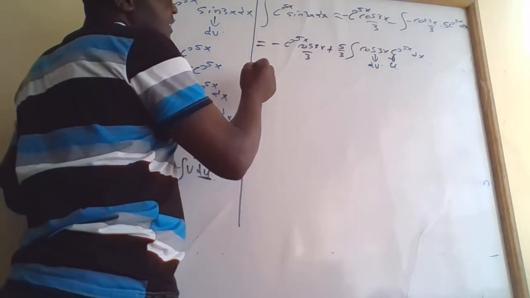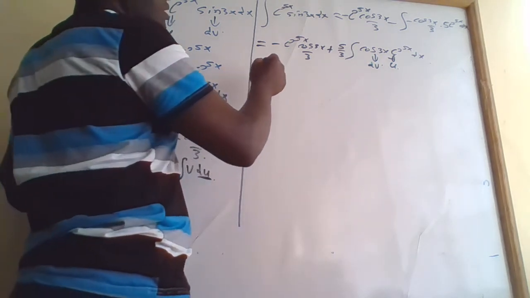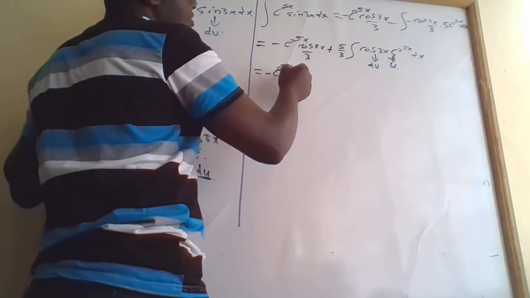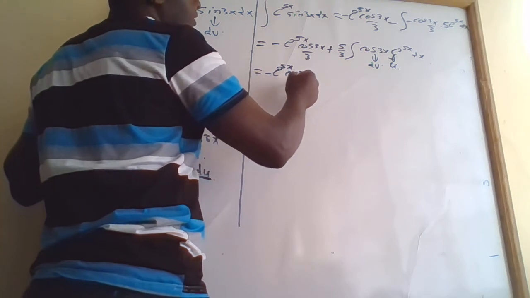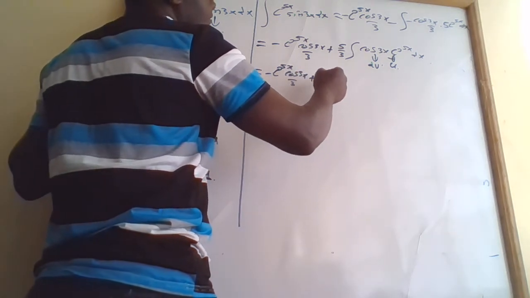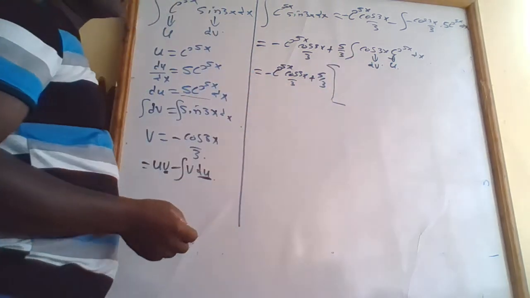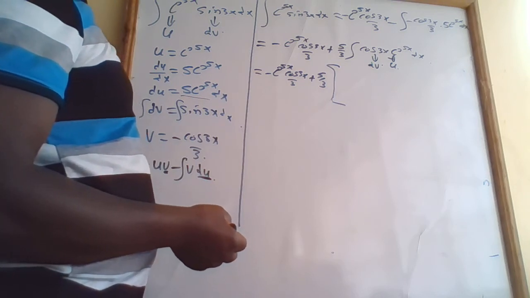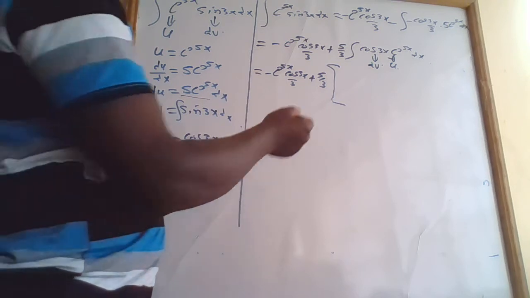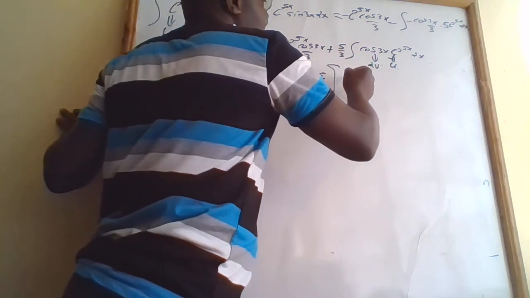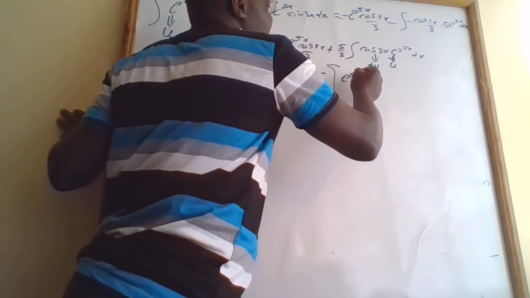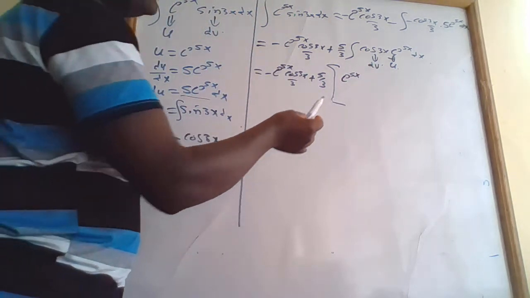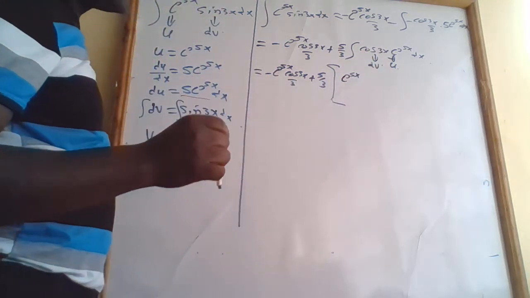Therefore, this equation becomes minus e^(5x) cos 3x all over 3 plus 5 all over 3. We again solve this, applying the integration by parts. My u is e^(5x), so I have e^(5x). If dv is this one, therefore v will be, we integrate this equation, our v will be